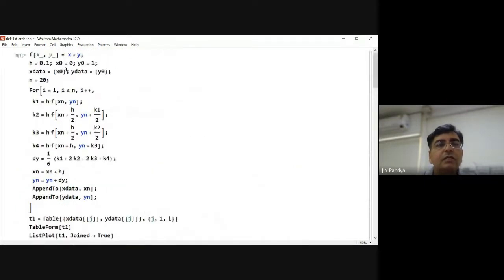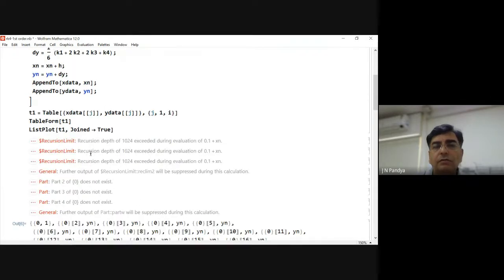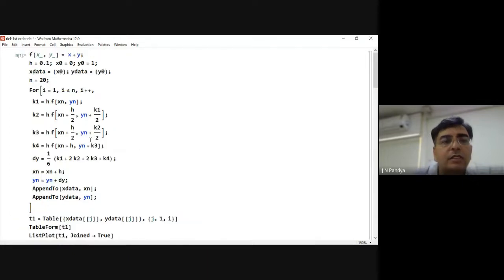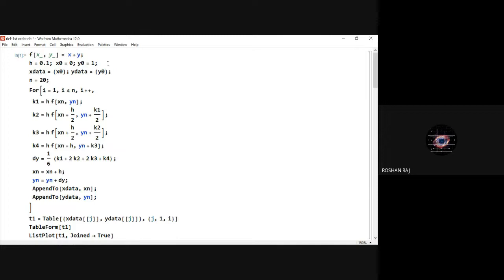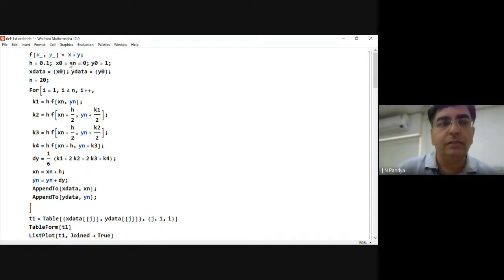Yeah, let me check this. X0 is this, H is this, X data, n equal to this. What is the issue? Oh, there is some xn. You have deleted the action variable. Oh, here xn and yn are variables, no? Okay, and that is why this was there. Okay, so this was xn. Normally it happens because this code was written long back, so we forget why that thing was used. Okay, let us run it again.